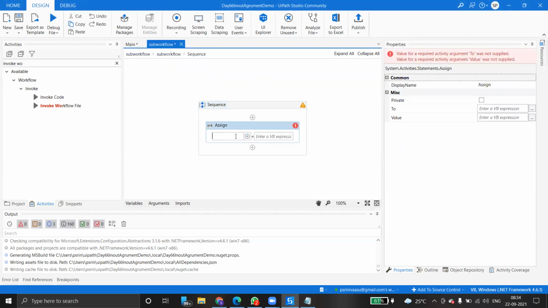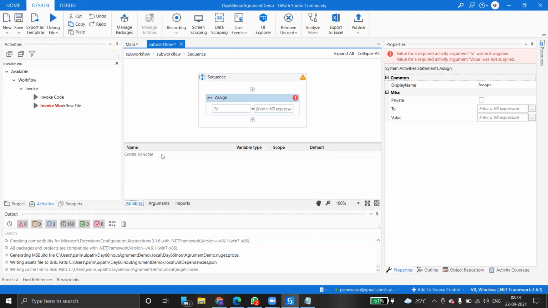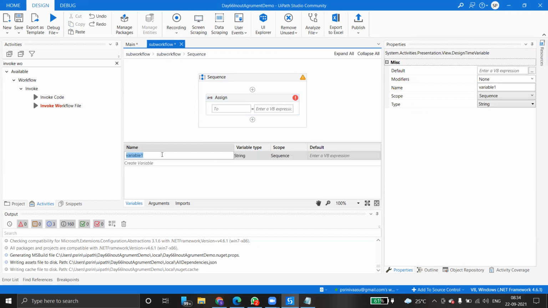Okay, what do you want to do actually? Assign. So we just want to create a temporary variable here. So temporary variable, we can simply say C. Okay, so it is again integer type. What is the default value? We just add in A plus in B. Can you do it? Okay, so definitely we can do it.